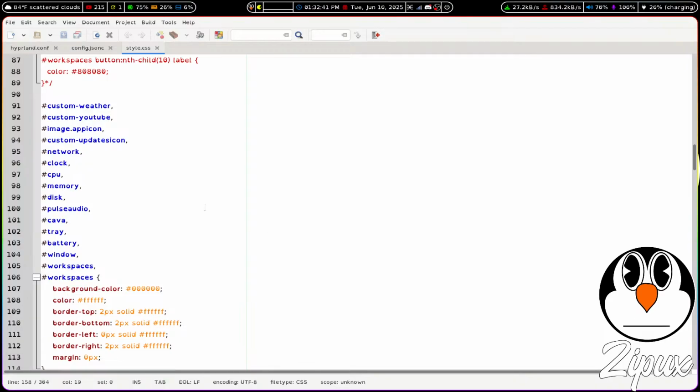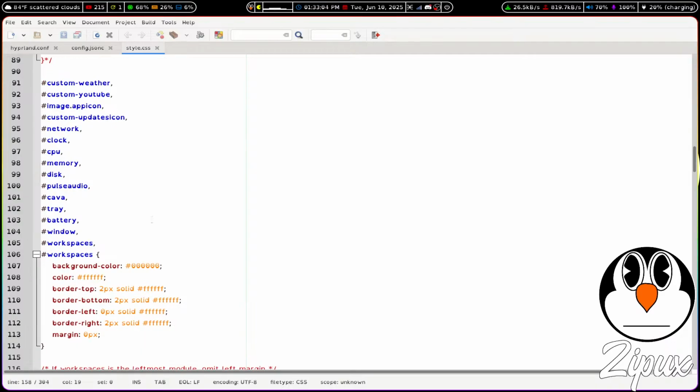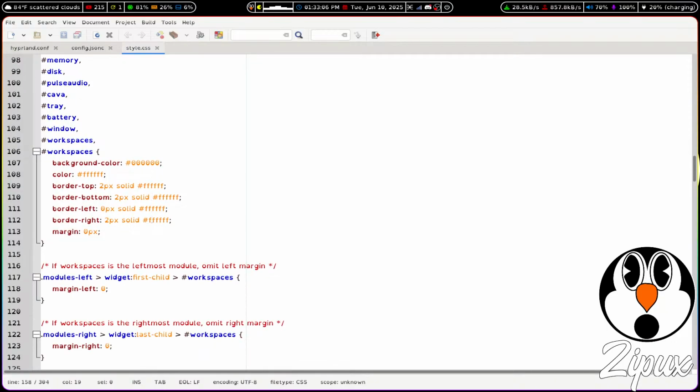But whenever you're working in the style.css, you have to list all of your modules that you're using in config.jsonc, so that way it connects to each other. As you can see, all of my modules are in style.css here. And so if you go down to workspaces,